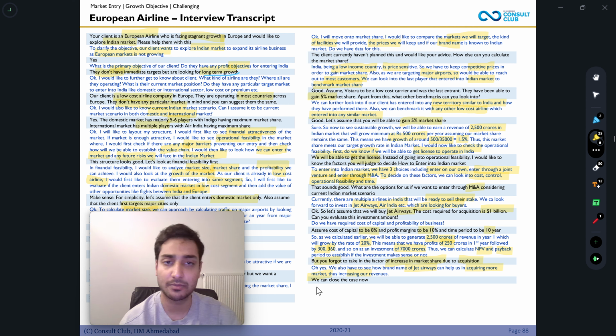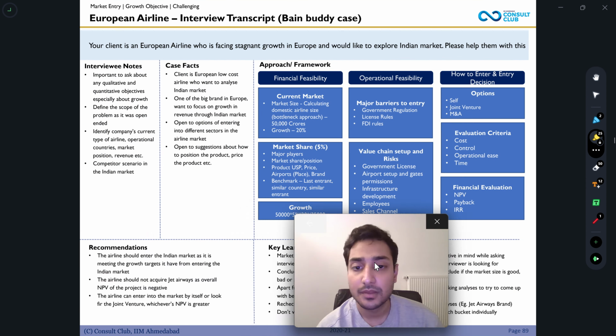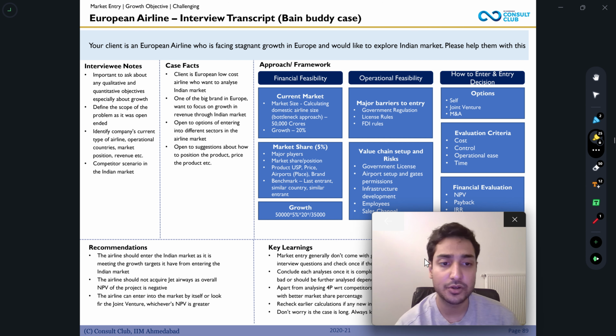Now let's move on to the second part of the interview, where we'll analyze the interview. It's very important to maintain clear notes, because at the end the interviewer will ask for your notes, and he should be able to understand everything in one go. You should maintain them in a structured manner to show structured thinking, rather than just a list with no structure of where we are going.